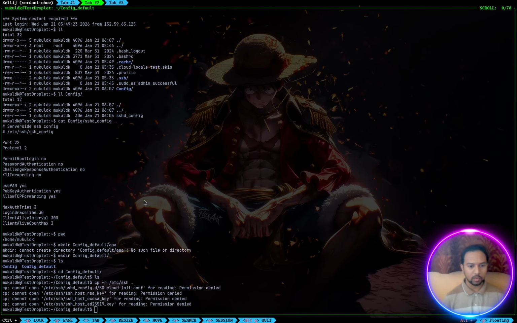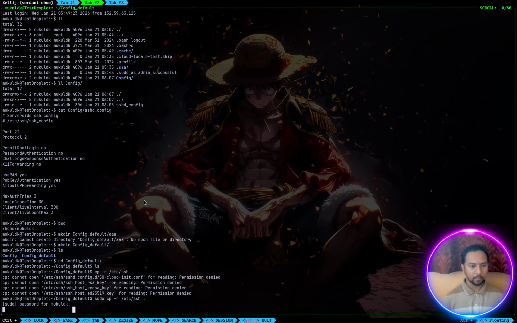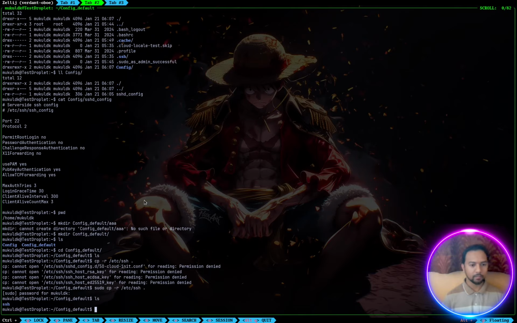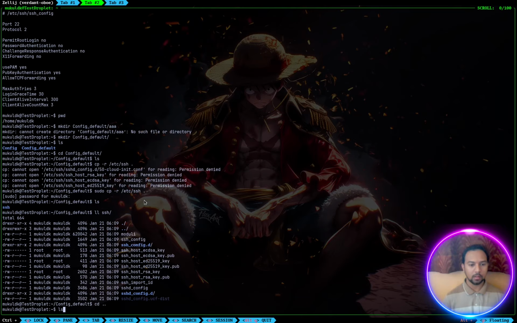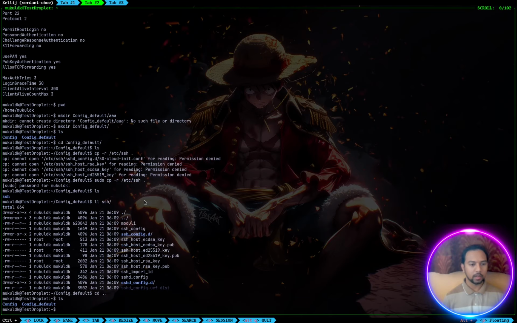Permission denied. So add sudo cp -r, ssh here. The password, and okay, it's worked. So we have already backed up these things, and let's move our real config to the